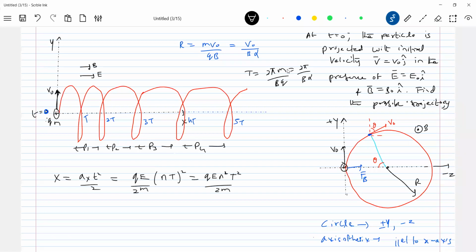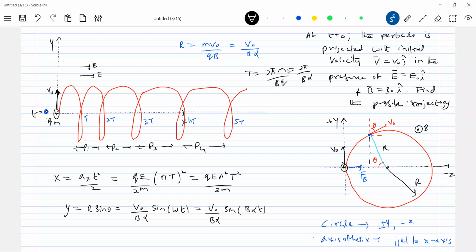What about the y coordinate? Again, the method is the same, like just now what we discussed previously, the same way you can apply it for y. Y equal to R sine theta. And what is R? V naught by B alpha. You can ask one thing, sir, why are you not taking the speed of the particle to increase here, no? So omega should be equal to B alpha.